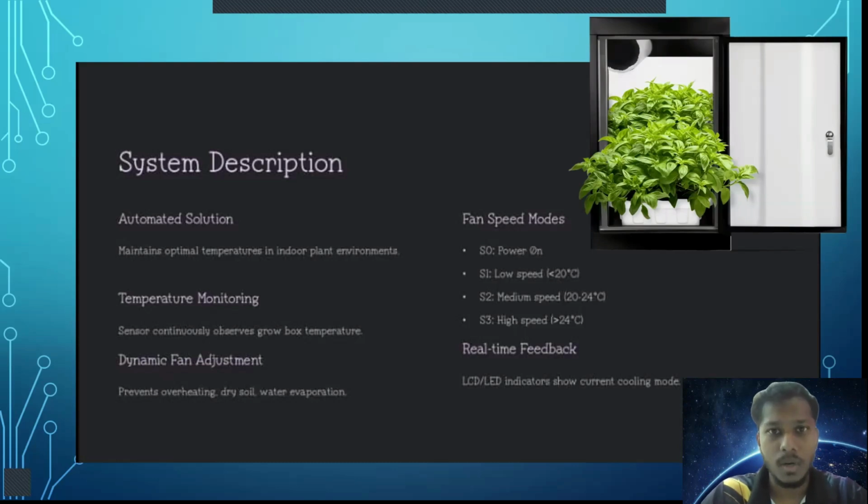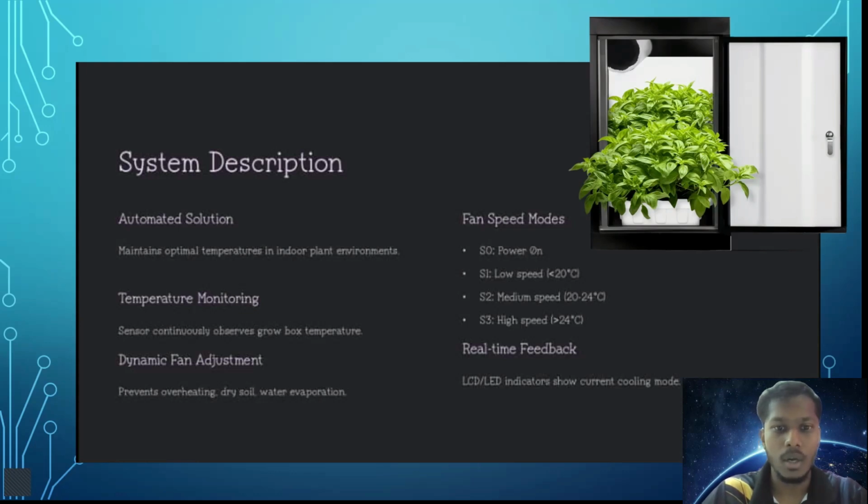My name is Kesilan son of Sukumaran. My matrix number is B1124103227. Today, I want to explain about the system description of my project. Our project is the smart plant grow box cooling system, designed to automatically regulate temperature inside an indoor plant environment using a temperature sensor. It also continually monitors the grow box and adjusts the fan speed to prevent overheating,